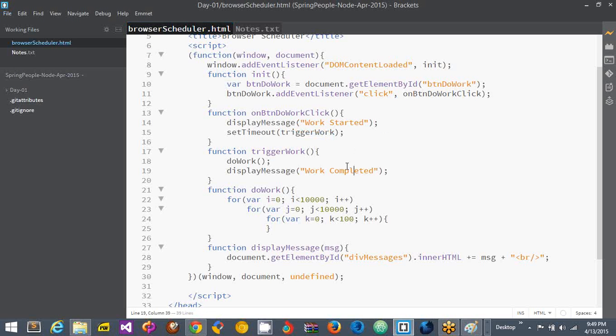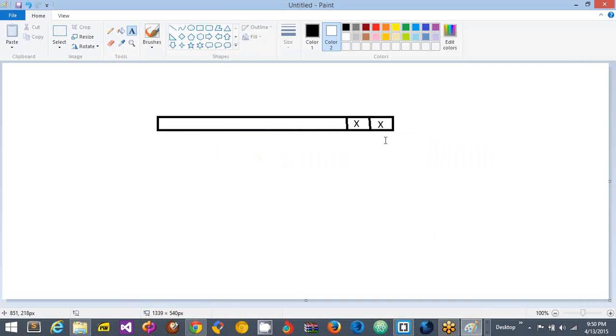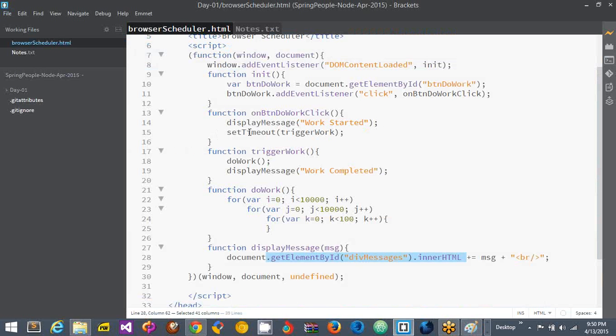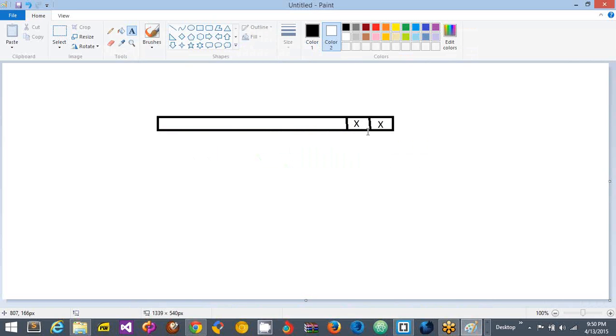Now if you look at the sequence, when you click the button, you call display message, the DOM update is done, the page is updated, and an entry is made here in the queue. And then you say set timeout of trigger work. By doing this, you are not immediately executing the function, you are making the entry here saying that after this is executed,